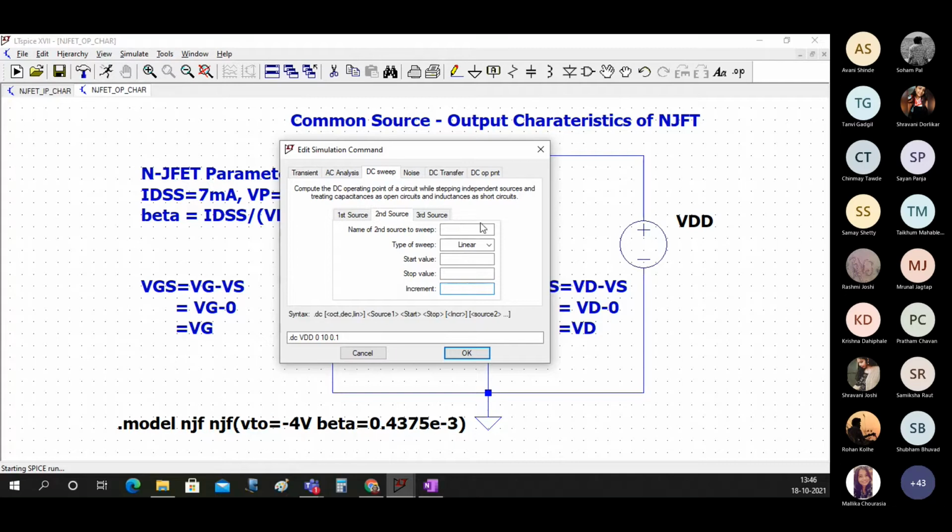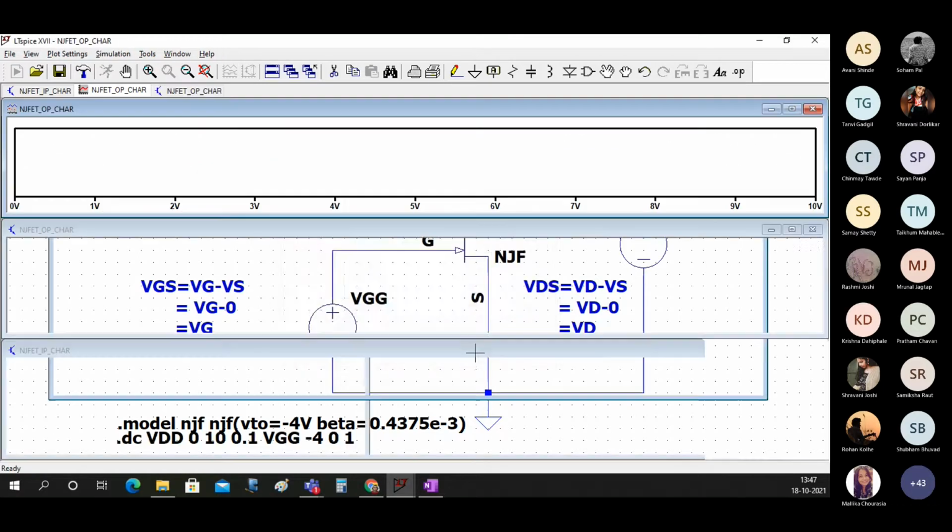And the second source is going to be VGG. Again linear, and the start value would be -4, and you can go up to 0 in steps of 1. So steps of 1 means -4, -3, will go like that. And then you can just say OK.